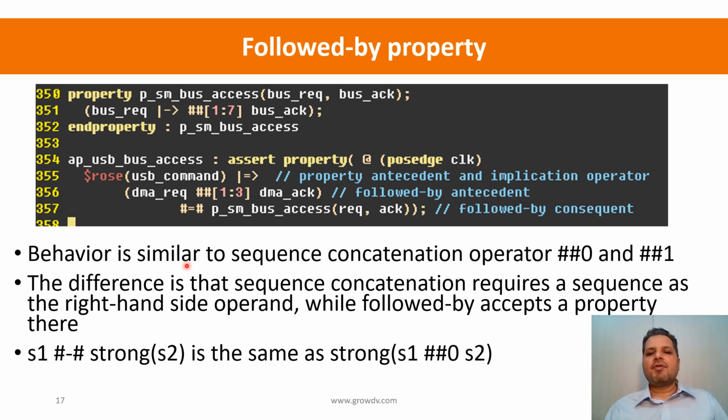Okay, so the behavior of the followed by operator for the overlapping case is equivalent to your zero delay concatenation, and for the non-overlapping case it is double hash one, that is, one clock delay. It's exactly the same. The only difference is that when we are combining with the delay operator, the right hand side of the delay operator is a sequence, whereas in the case of followed by, it is a property. That's the main difference. So for example, sequence S1 followed by operator strong S2 is the same as strong of S1 with a zero delay and S2. Okay, now let's look at an example to see whether, if I put this in practice,